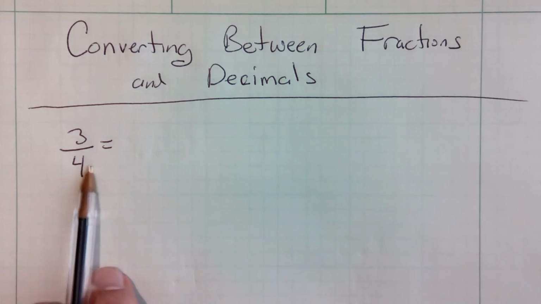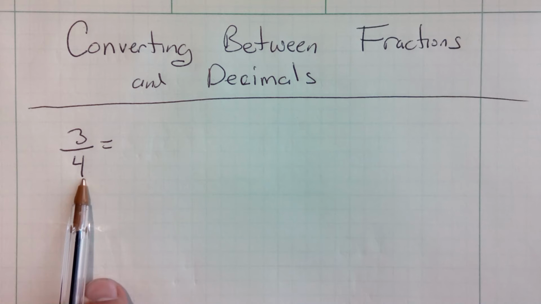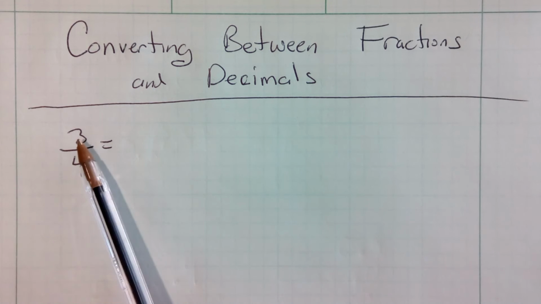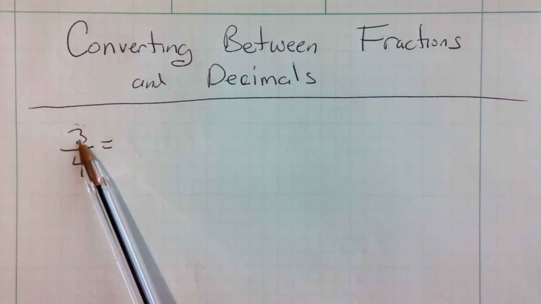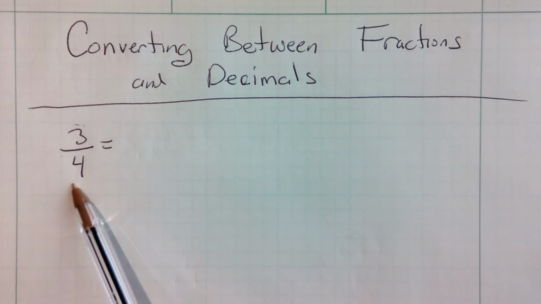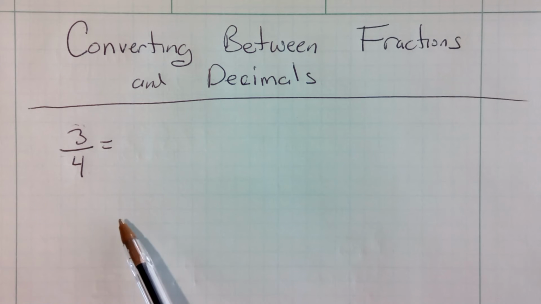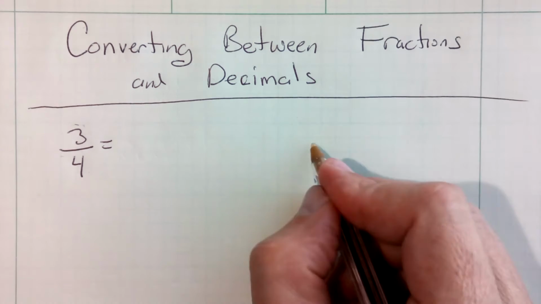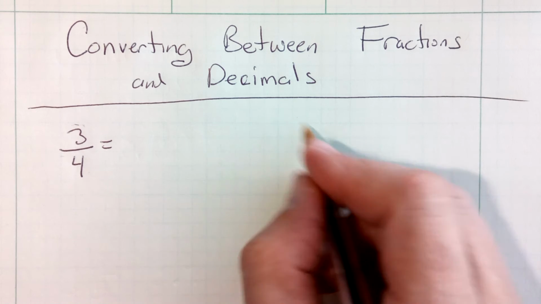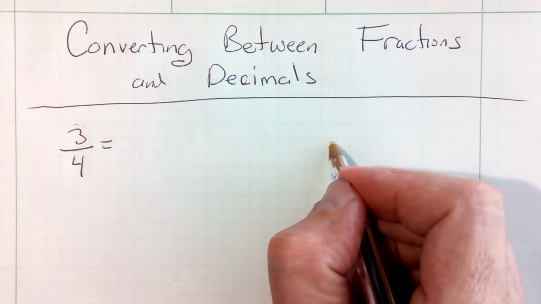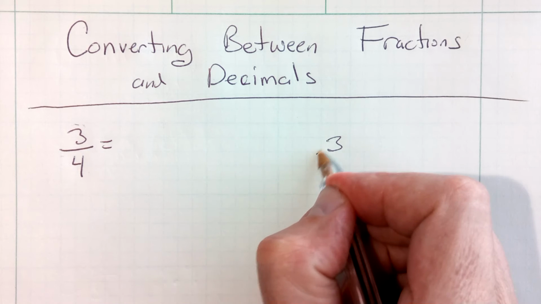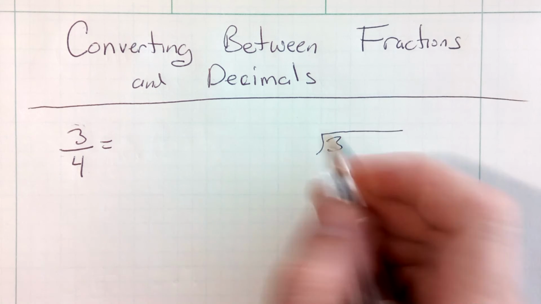Now, you by all means can use a calculator to do this by putting in a calculator this numerator of 3 divided by 4, and the calculator will tell you what the decimal representation is. But again, I want to show you how to do it by hand. Again, I take the numerator, which is a 3, and I'm going to do long division, okay, and divide by